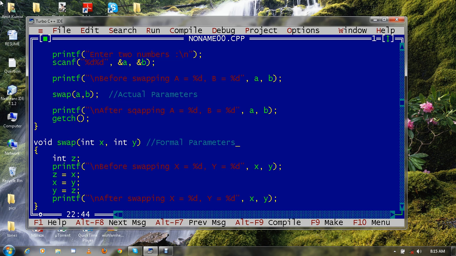While we are calling a function, we can call it in two ways. Write it down. The first way is call by value.